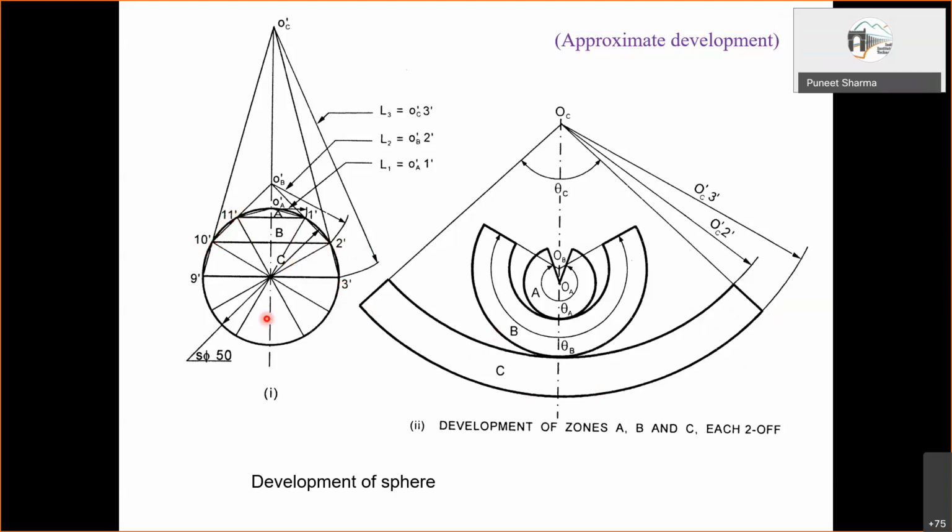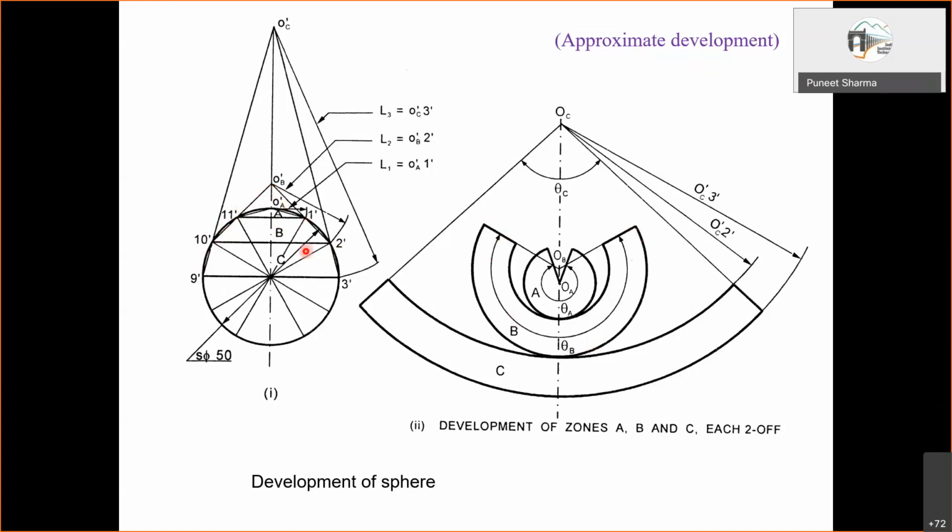So here actually the 12 divisions, whatever we keep doing usually, those actually have been done, and based on that only these divisions have been done. That's why these numbers are coming like that. So again from here to here, these two ends are joined and extended. This goes here, this end goes here. So this B again is developed like a frustum of a cone. So development again is shown over here.